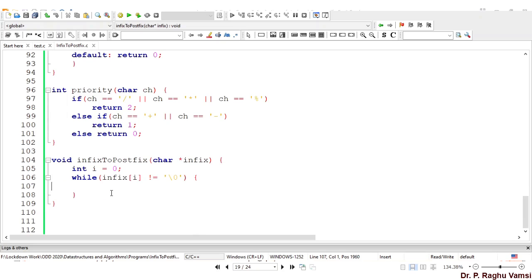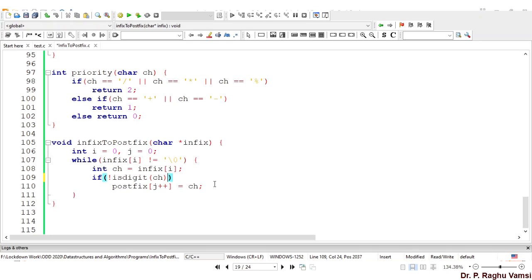Now we need to check, while infix of i not equal to \0, so we need to read each and every character. Int ch is equal to infix of i.